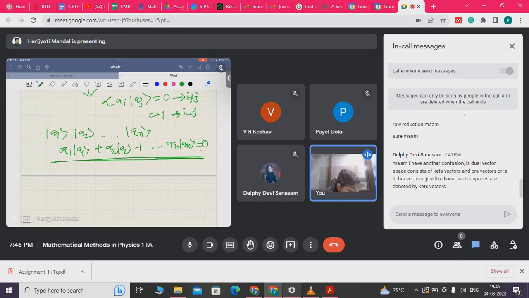Linear independence holds when alpha 1 is equal to alpha 2 is equal to 0, it is okay. Even here also, if it is 0 only when all the coefficients are 0, it is good to go. For linear independence, we don't need each one to be orthogonal to another. But for orthogonality,